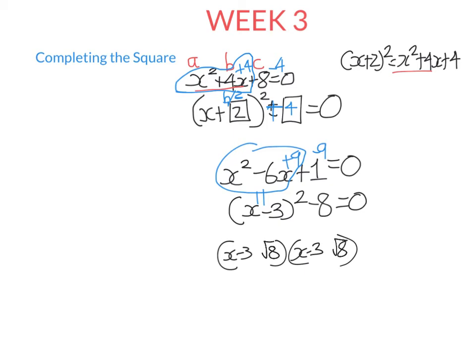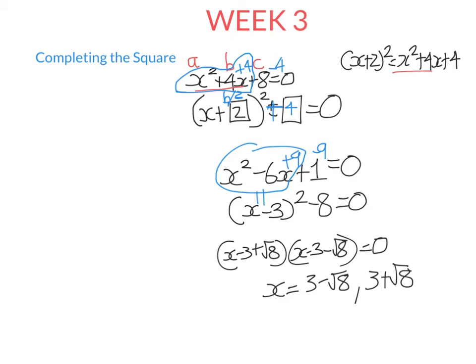And then one gets a plus, one gets a minus. So the solutions to this equation, if the first bracket equals 0, I get 3 minus root 8. I just subtract this thing here. And if this bracket equals 0, I get 3 plus root 8. They are the two solutions. So you can solve it when we have a minus here, but you can't solve it when we have a